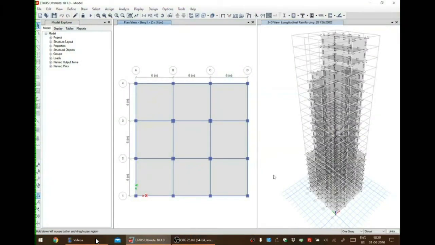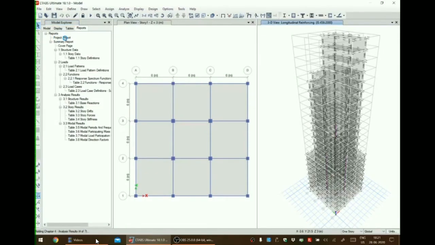So now after the design reiteration is completed, the frame is completely designed without any warning, and also the project report is generated.